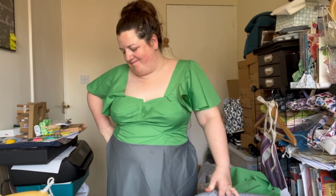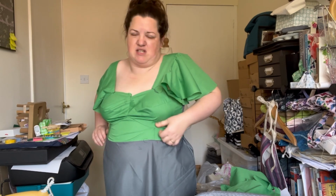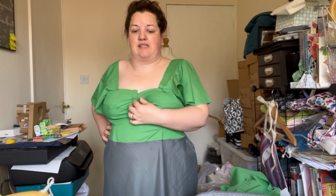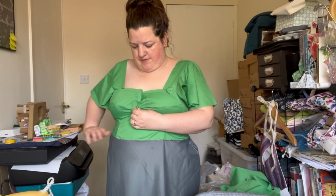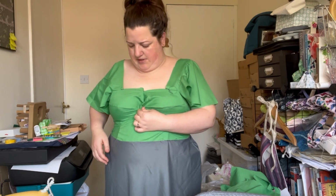Okay, I had hoped that I'd solved the problem, but I've dropped the underbust seam down a little bit too far, so that probably needs to come up an inch maybe. And I've still got excess fabric between the boobs. So I take in the centre front and the underbust part, I think. The question is,